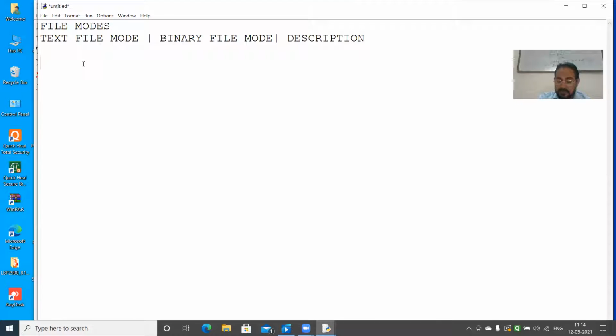For text file, if you are taking R, you can write it in single quotes or double quotes as you wish. I write in double quotes and it should be a small letter r. If you are taking binary, then you have to write rb, and the description here is read only.